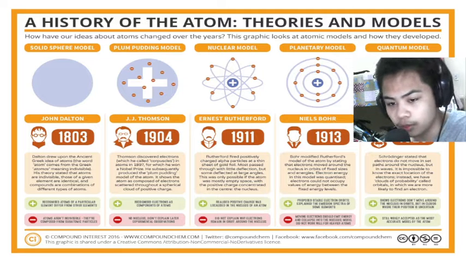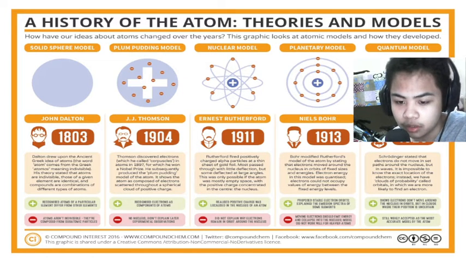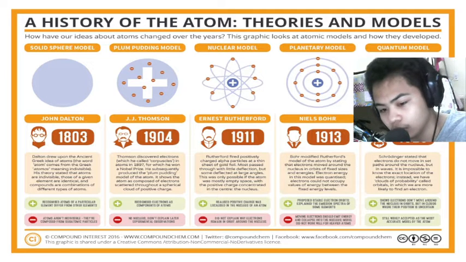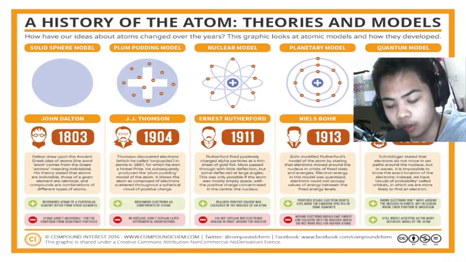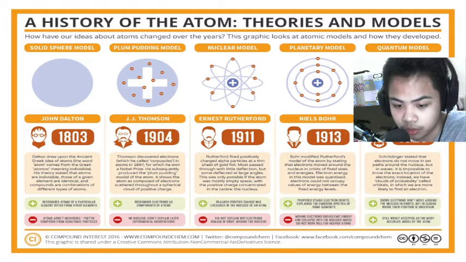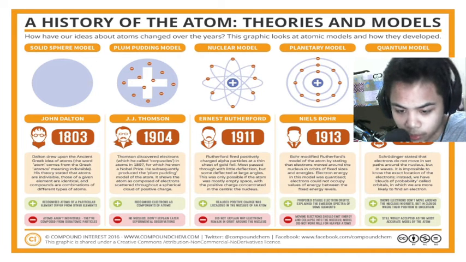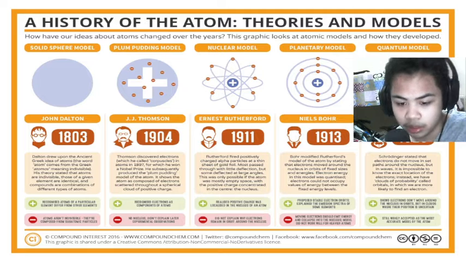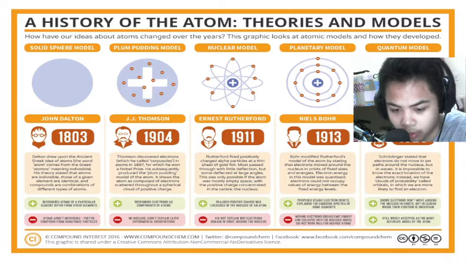So the first model we're going to be looking at is John Dalton's solid sphere model, or some call it the billiard ball model. In 1803, John Dalton drew upon the ancient Greek idea of atoms. The word atom comes from the Greek word atomos, meaning indivisible. His theory stated that atoms are indivisible, those of a given element are identical, and compounds are combinations of different types of atoms. And in this model, he showed that atoms of a particular element